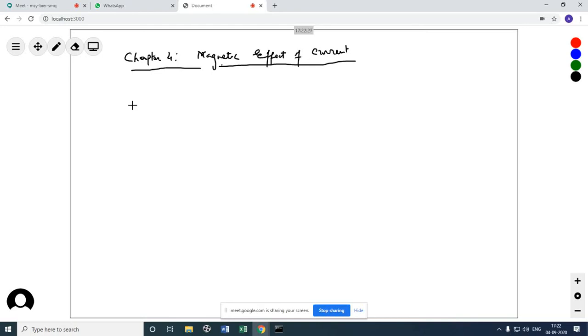Let's start first with what is Oersted's experiment. So in Oersted's experiment, as we were discussing yesterday, there was a wire here. And this wire is connected to a potential source, a battery, correct? So the potential of these two sides is the same only, nothing different.